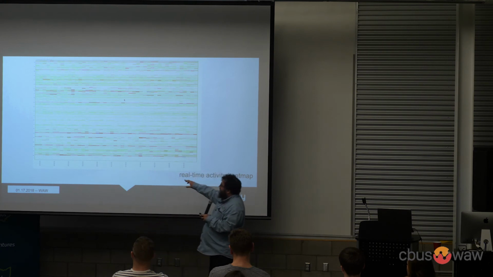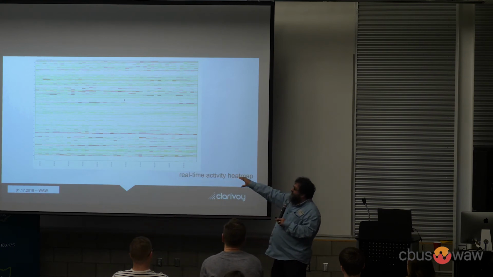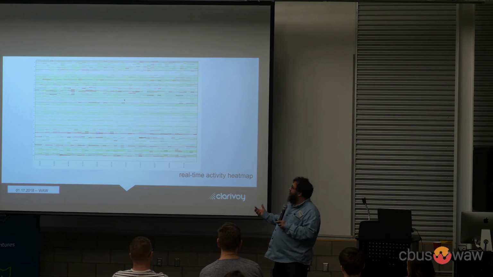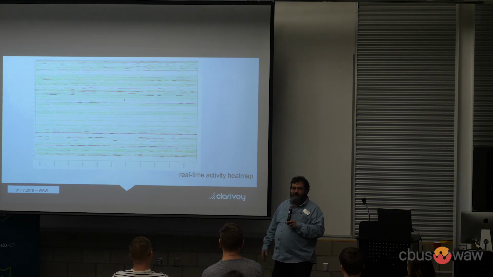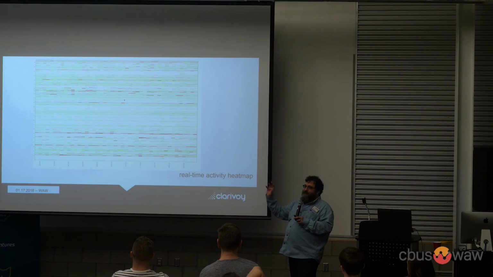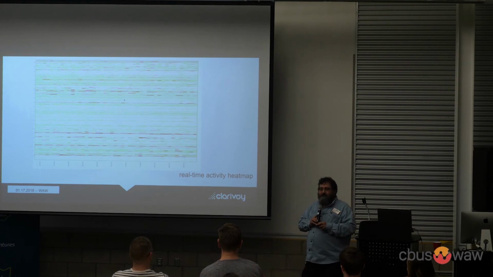I had a couple of views of this one, where the darker red it is, the more people are hitting that page, or the darker the red it is, the worse the page serve time is. As a page in particular starts to degrade in performance, it's something to look at. If a page suddenly has no traffic and it had a lot of traffic before, something might be broken on it. It was a way for an operations team to have a scrolling visualization of the activity on their website in real time as they manage things.